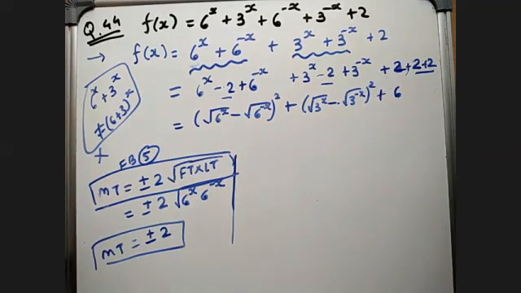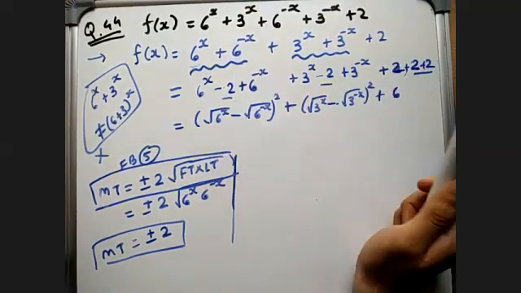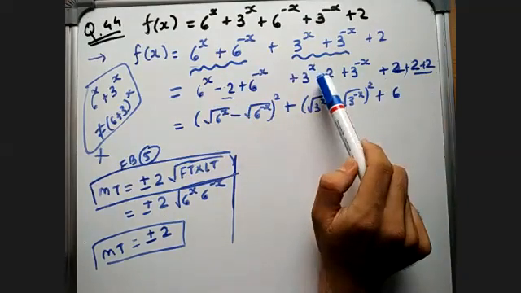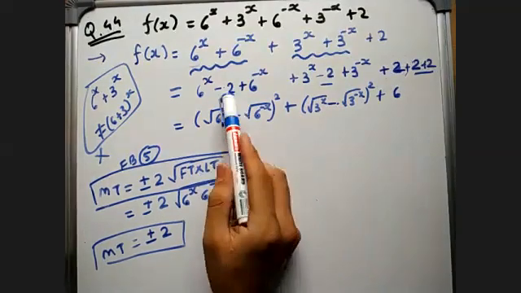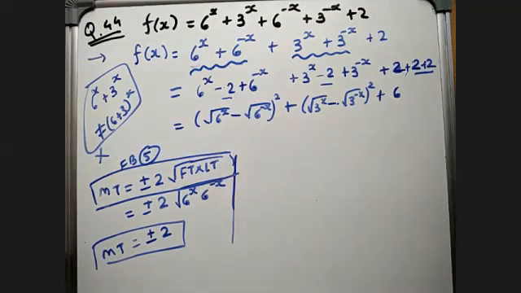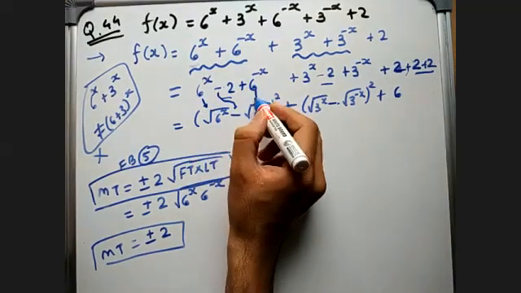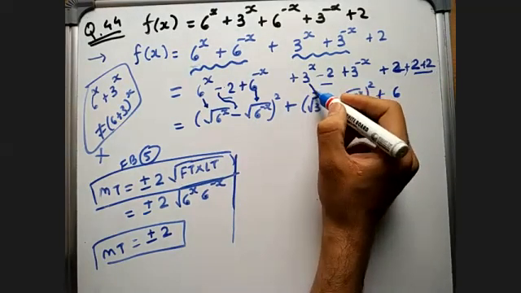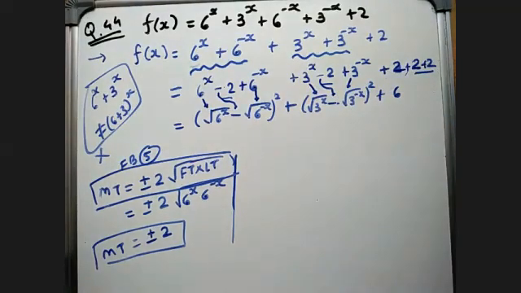So now I have two options over here. I can put either minus in between, or I can put plus in between. Suppose I put minus over here, plus will go to this side, and if I put minus over here, plus will go to that side. So if we simplify this, again same method: square root of first term, sign of middle term, and square root of last term whole square. Then again square root of first term, sign of middle term, square root of last term whole square, plus 6.